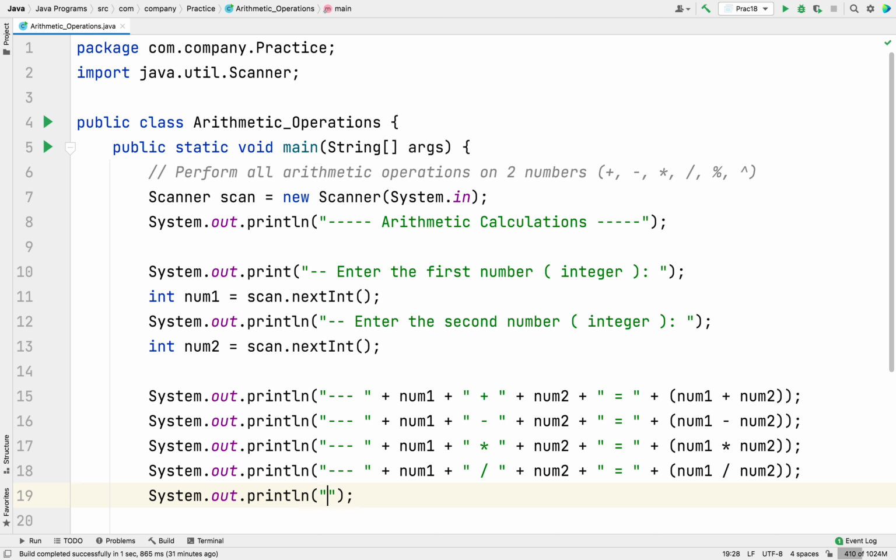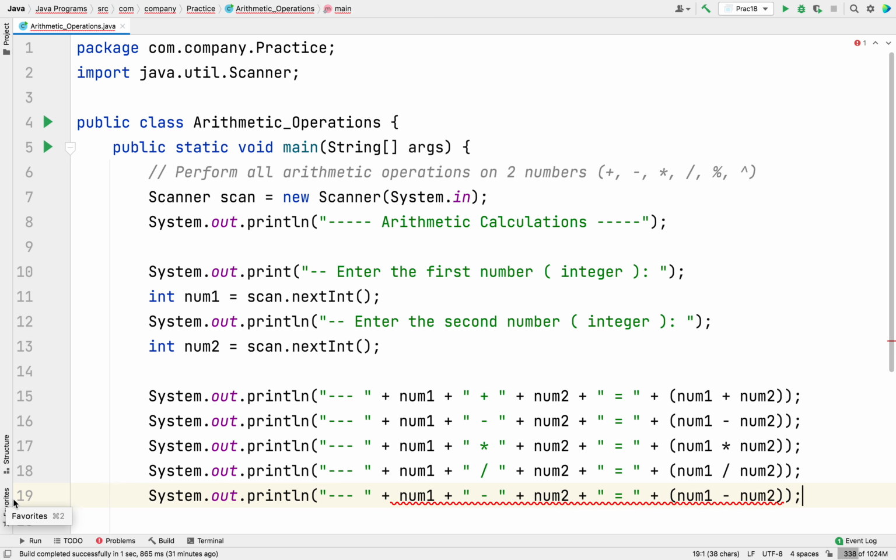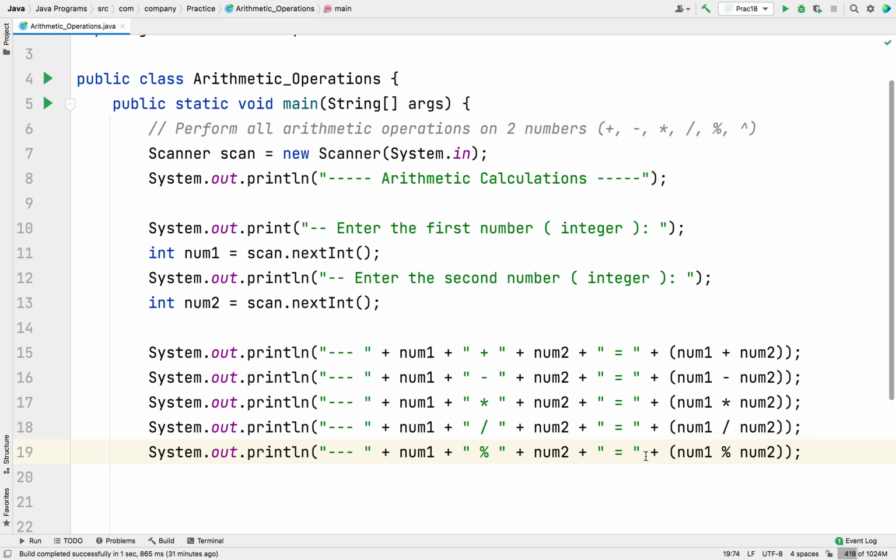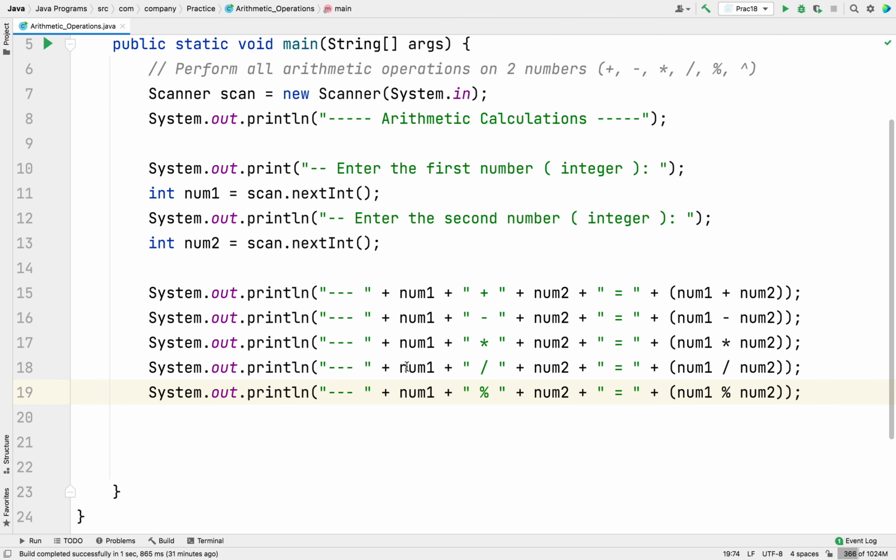And then we have modulo. So actually I'll just paste it here. Modulo, what is this? This is something interesting. I'll explain it to you. When we do division, we get the quotient. Num1 divided by num2. Suppose it's 5 and 2.